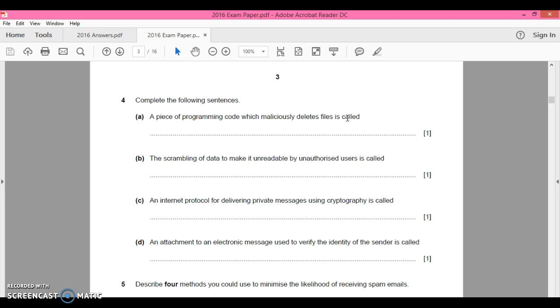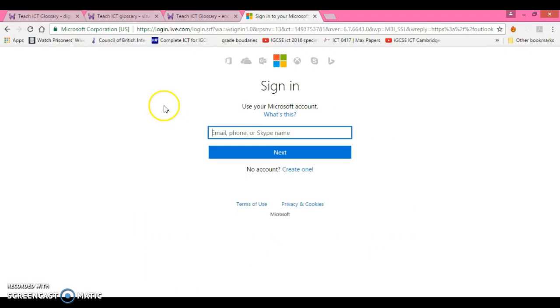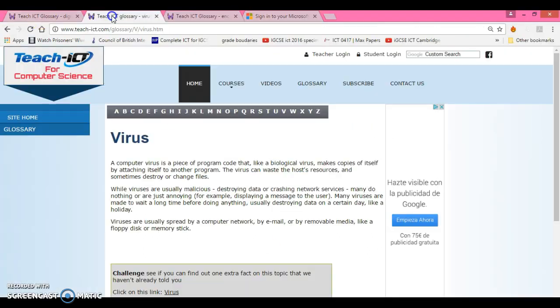So you're on your computer and you go to your hard drive or your games or anything to find something, and you find these files have been destroyed and deleted. Think, what do you have? Okay, so likelihood is you have a virus on your computer. So if you look here, it says virus.